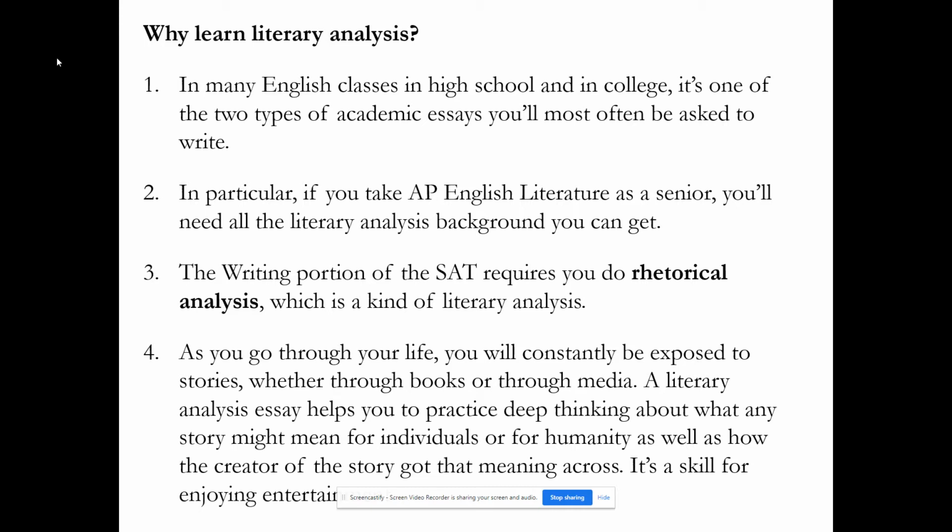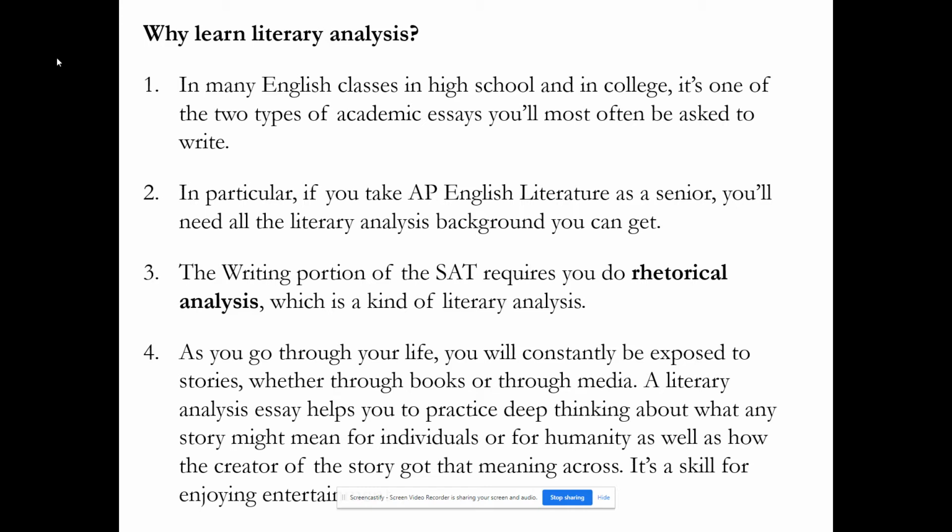So the literary analysis essay is a genre that helps you to practice the kind of deep thinking that later in your life can be automatic. This thinking is about what a story might mean for individuals, for humanity, for society. What is the message that we should take with us about how to live our lives and how to live as better people? Thinking deeply about the experiences of others and their stories can help you to